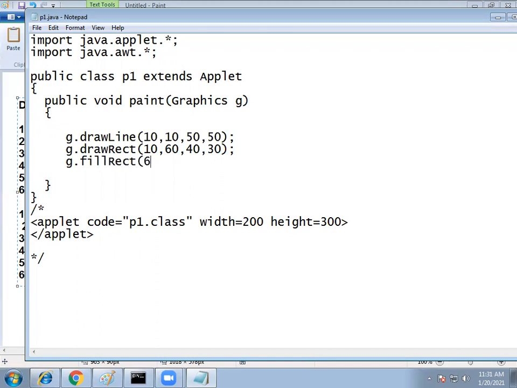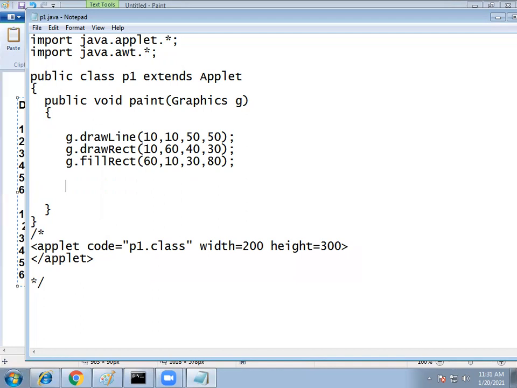g.fillRect(60, 10, 30, 80). And next one, g.drawRoundRect(10, 100, 80, 50, 10, 10).